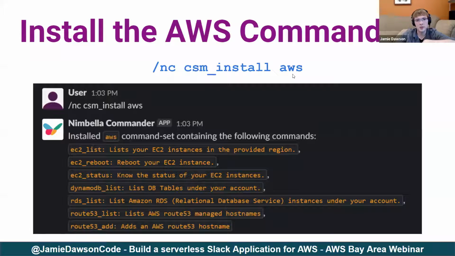csm_install aws. And what that one command is going to do inside of Slack is install multiple functionality so you can do multiple things inside of your Slack to interact with your AWS account. So for example, we can list off our EC2 instances, we can reboot the EC2 instance that we select,